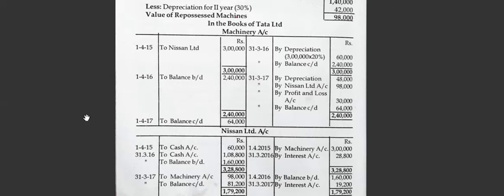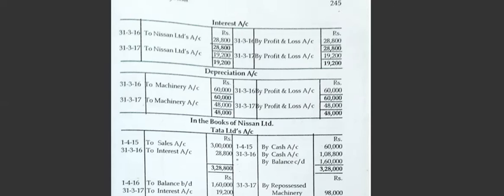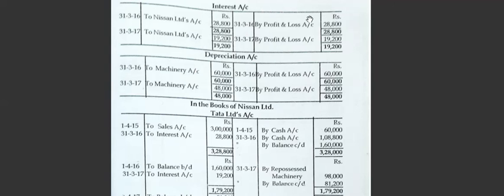In the year of failure, the interest entry will be there, but the installment entry will not be there. Instead, it will be transferred to the machinery account or asset account: the repossessed value you will be calculating, that value you will write. Then balance carried down, brought down, and transfer that repossessed value to the machinery account. Then the balance carried down in the machinery account will be the retained value, and the difference will be profit and loss account. See, the interest account and depreciation I need not explain, I guess. Transfer to profit and loss account. Depreciation also transferred to machinery, then to profit and loss account.